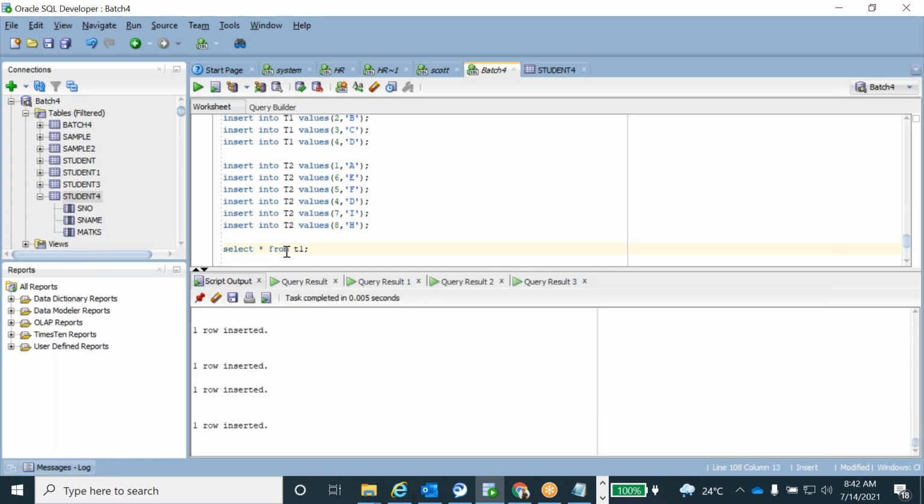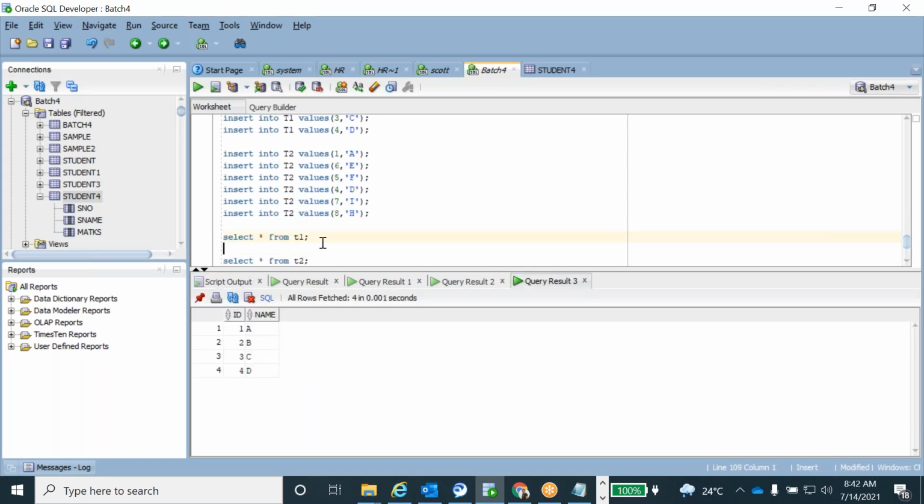Now tell me how many records are there here? 4 records. I gave 4 records, guys. And table 2, how many records are in table 2? So 6 records.